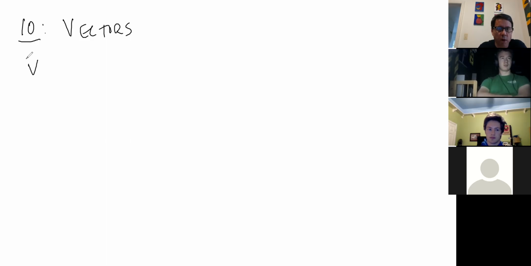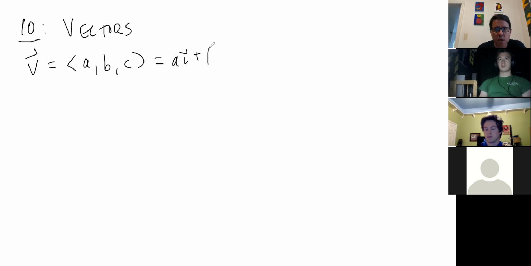So we'll typically write a vector with a little arrow on top, or you can make it bold or whatever you want. If we just do it in 3D, we'll write it with these pointy brackets, these vector brackets. You can write it like that, or you can write it as ai plus bj plus ck, and those are all the components in 3D according to these unit vectors i, j, k. They're all